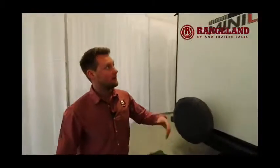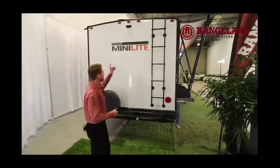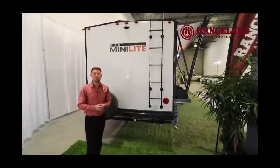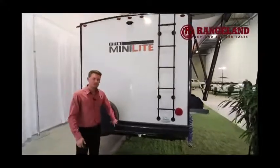So when you're looking at the back of this Minilite, you're going to notice, of course, you have a ladder to get up onto the roof, which is, of course, fully walkable, and it's that vacuum bonded 4-inch thick. You're going to have your backup pre-wire camera there for you. So we do carry those at the parts department at Rangeland, so we can set you up with that as well. And then just underneath your bumper here, of course, you have your spare tire, which is a full-size spare,